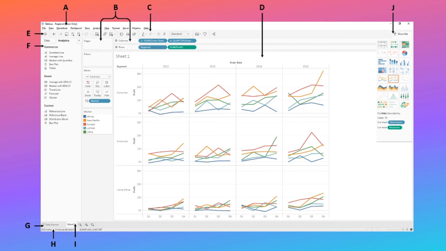But before completing this video, I want to ask you a small question. What would be the difference between a pivot option in data source panel and swap rows to columns option in data visualization panel? I repeat it again. What would be the difference between pivot option in data source panel and swap rows to column option in data visualization panel? Kindly mention your answer in the comment section below.